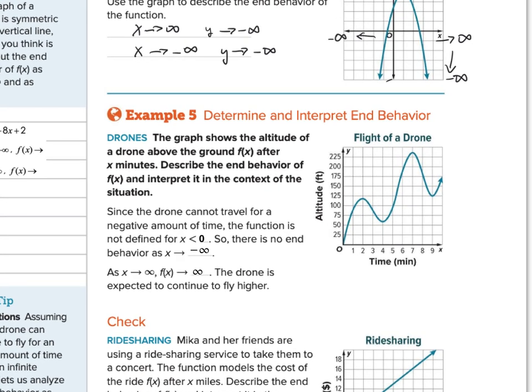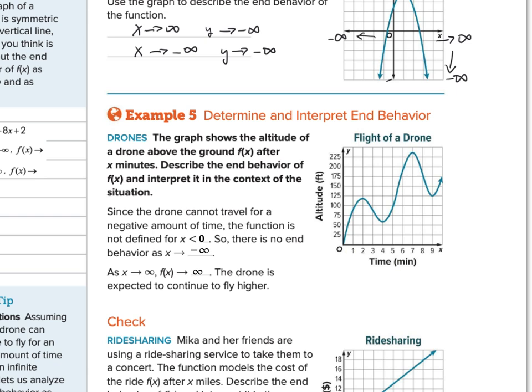The graph shows the altitude of a drone above the ground after x minutes. Describe the end behavior of f of x and interpret it in context of the situation. So over time and altitude. It starts off when we launch the drone at 0, and then it travels up to approximately 120 feet. Then it comes down to,